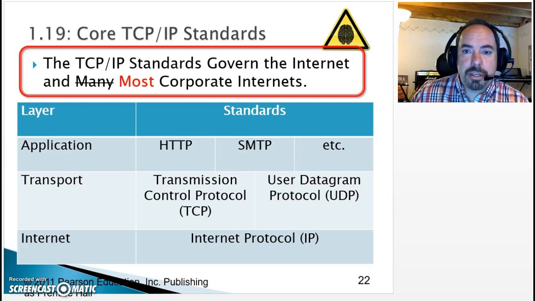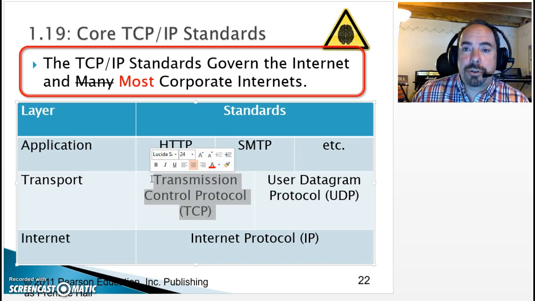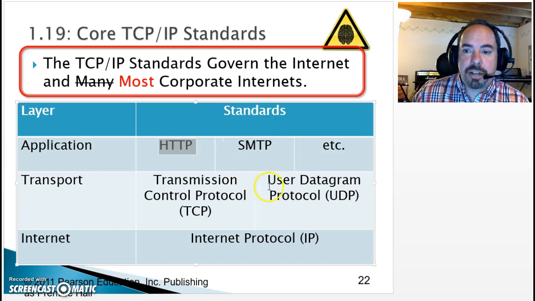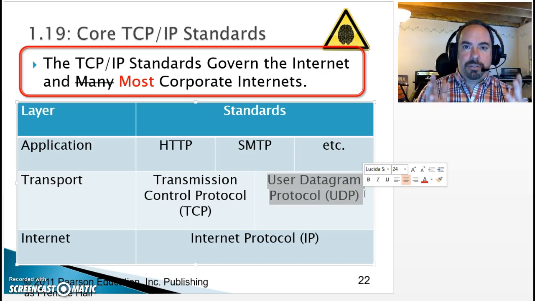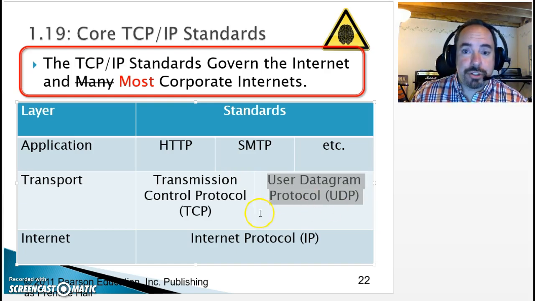It's called the TCP/IP standard because the two major protocols are the IP protocol at layer 3 and the TCP protocol at layer 4. But as you can see, there are other protocols at other layers. At layer 5, HTTP is part of the TCP/IP standard. UDP is part of the TCP/IP standard. There are many protocols. So TCP/IP is a suite of protocols. If you Google TCP/IP, you'll see what I mean. Or just look at the wiki. There are a ton of them. There are only a few that we're going to get into in this class, just basically the most important ones.